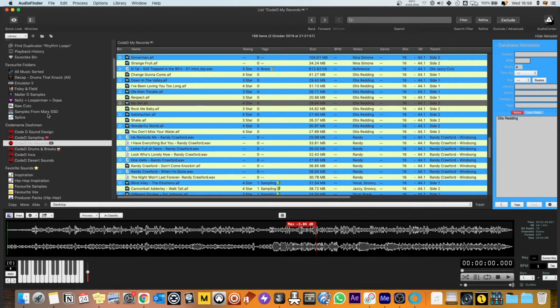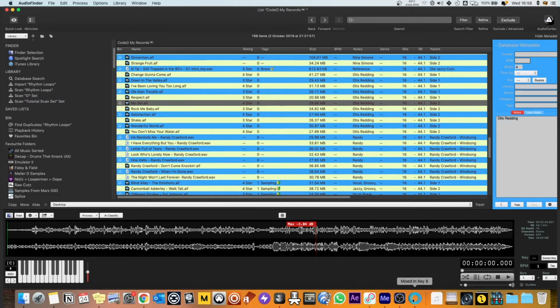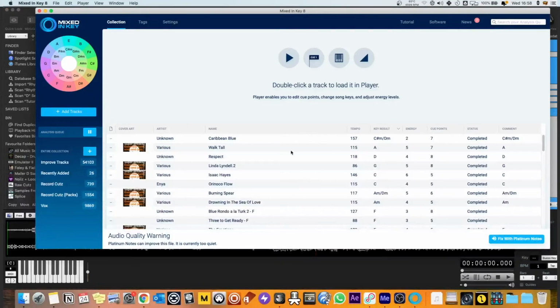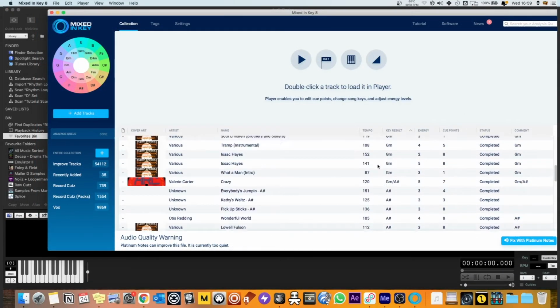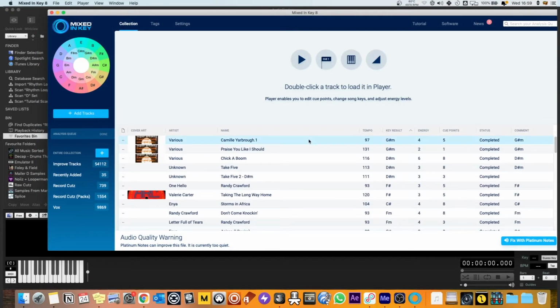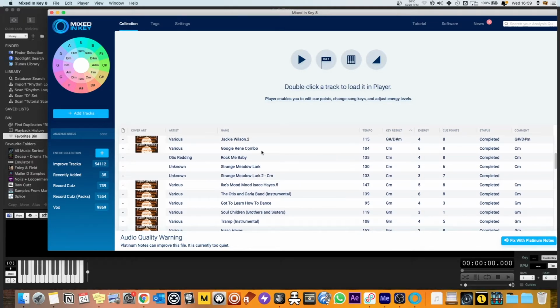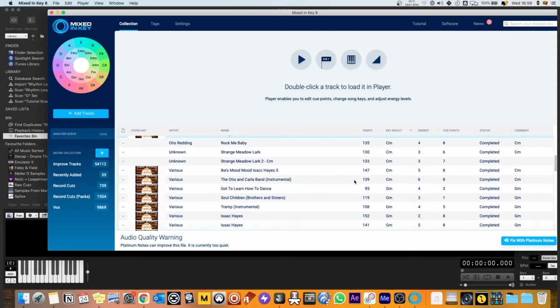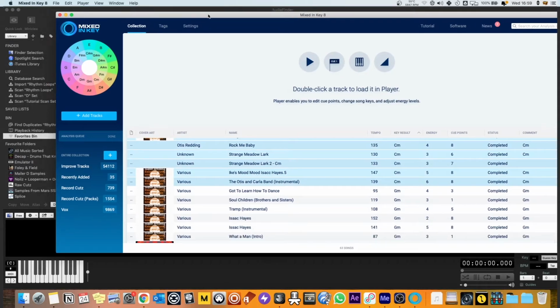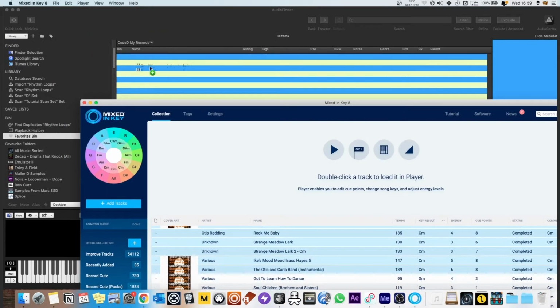So you can't actually add the key information from Mixed in Key into Audio Finder. What you can do, like I've just done, is drag a bunch of files from Audio Finder into Mixed in Key. So it's gone and analysed all these files. Now I can order this list and I've got an idea of what key these songs are in. So if I'm working in something in C major, and this works much better if you drag a whole bunch of files, say like 1,000 files, you get a lot more to look at. But if I'm working in C minor even, I can drag these back in and I know they're all C